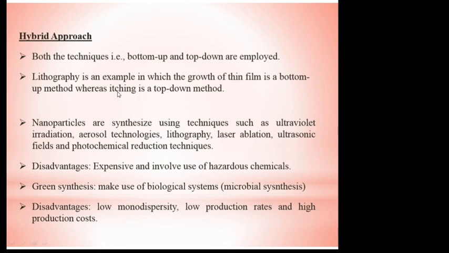That means you have to etch out some portion from it. So it's a mechanical one. So you are shaping it then in your desired way. So that would be a top down method. So lithography technology, or the fabrication of diodes, transistors, ICs, these all are basically lithography, and that is a hybridization of top down and bottom up methods. Okay. So nanoparticles could also be achieved via lithography, and one of the examples we are underlining here